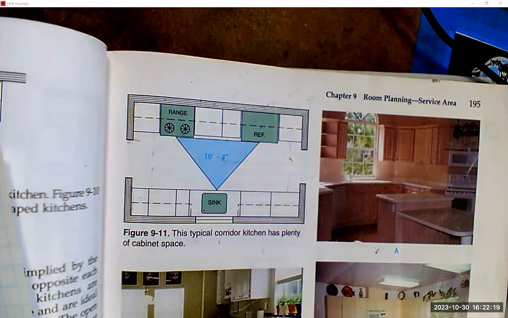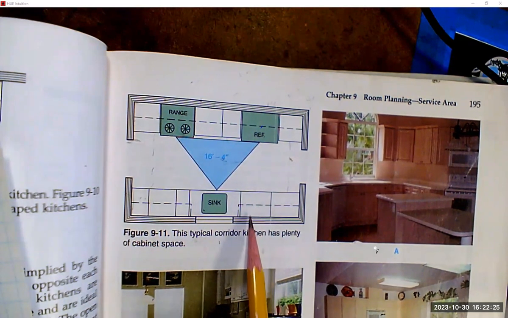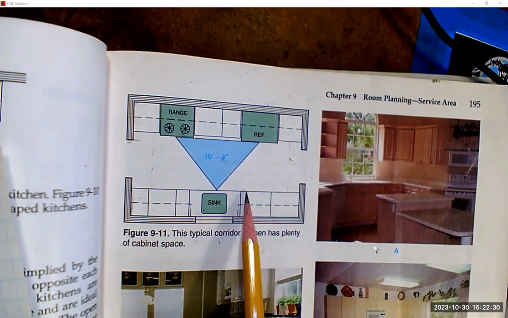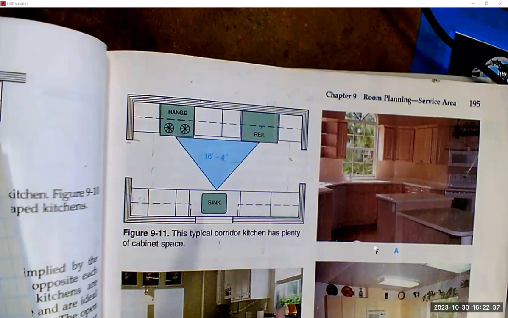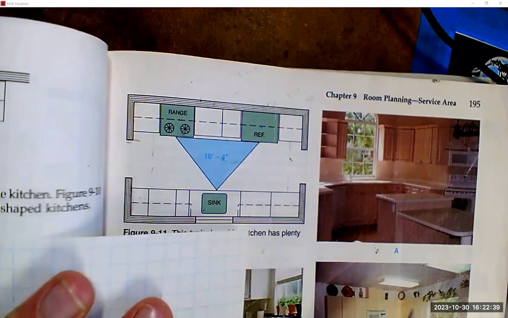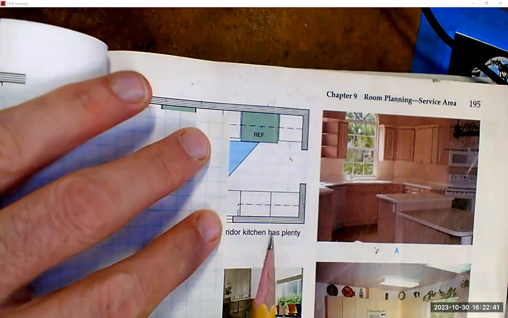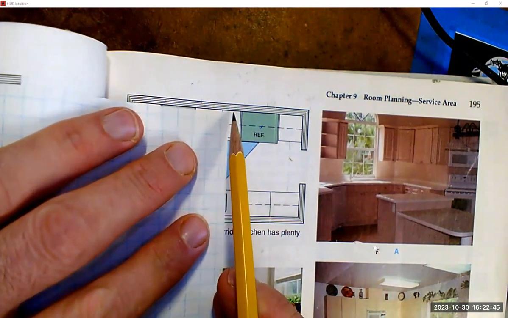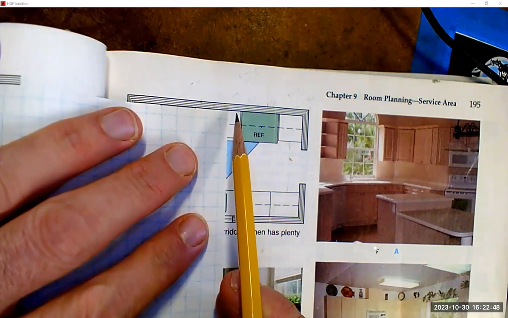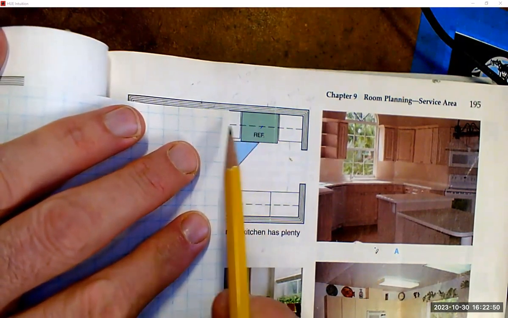So here's what I know. According to the notes that we took, I know the depth of the wall cabinets is 1 foot or 12 inches. And I know the depth of the base cabinets is 24 inches or 2 feet. And I know the thickness of the wall is 6 inches. So with that information, here's what I'm going to do. I am going to line up my piece of paper on the edge of the wall right there. I know it's kind of hard to see. I'm going right on the edge of the wall, and I'm going to mark